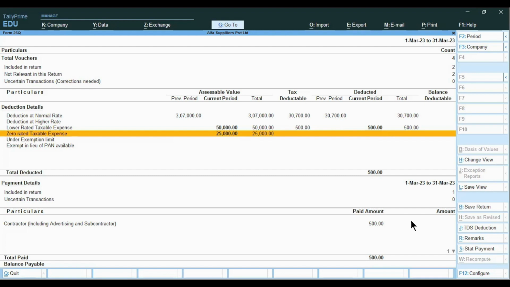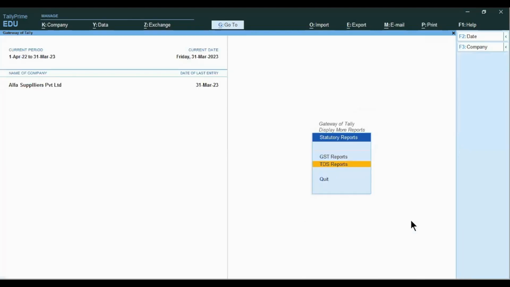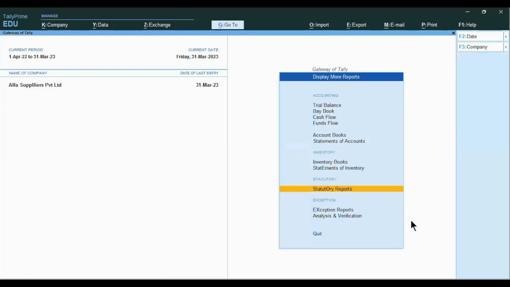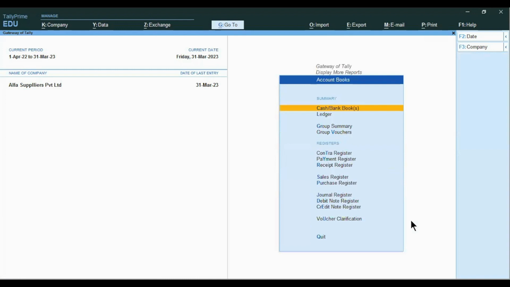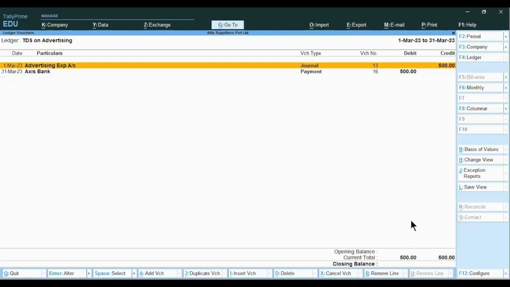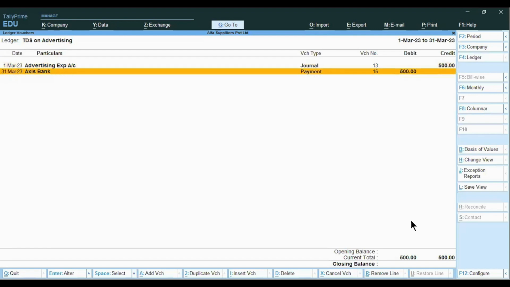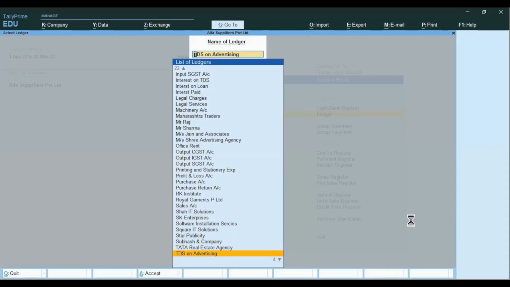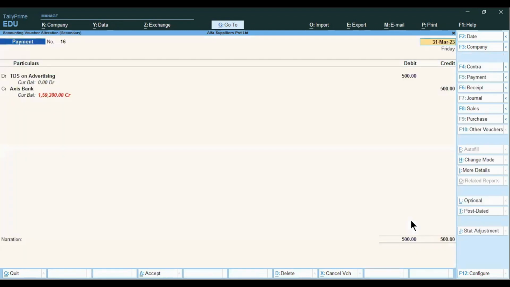Now what we have to do? We have to issue TDS certificate to Subhash and Company. To issue that TDS certificate, what we will do? We will open the TDS payment entry to the government. So go to accounts book, ledger, TDS on advertising, enter that payment made to, sorry, just a minute, not TDS on advertising. Yes, TDS on advertising, this payment ledger,